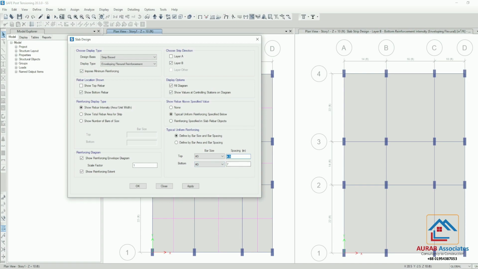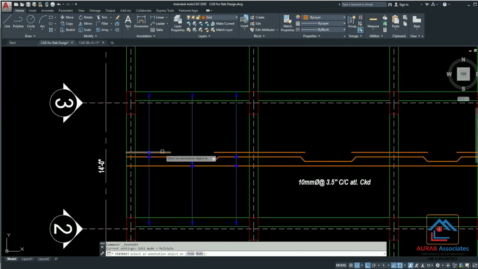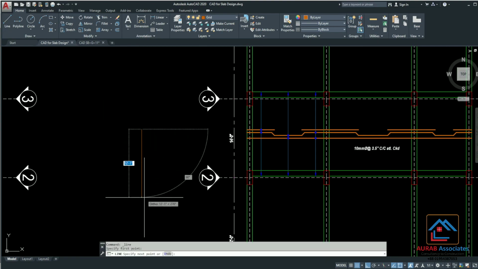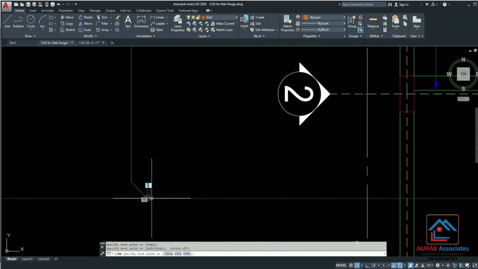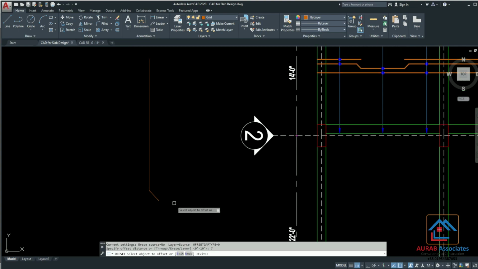As a result, we have to assign an extra top between two crank bars. So suppose this is a crank bar. This is a crank bar. Here spacing is 7 inch at support zone. I have already explained.